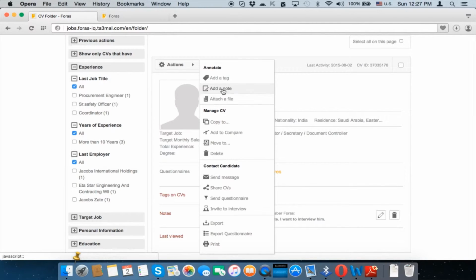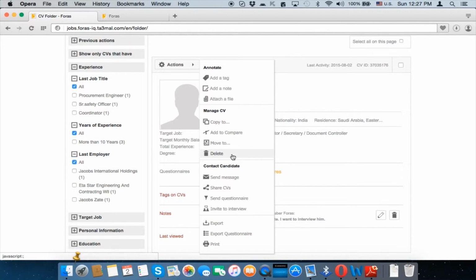As you can see, these are the 3 that we already saw in the previous search page. We also had the print button, invite to interview button, but there are new ones like add to compare,